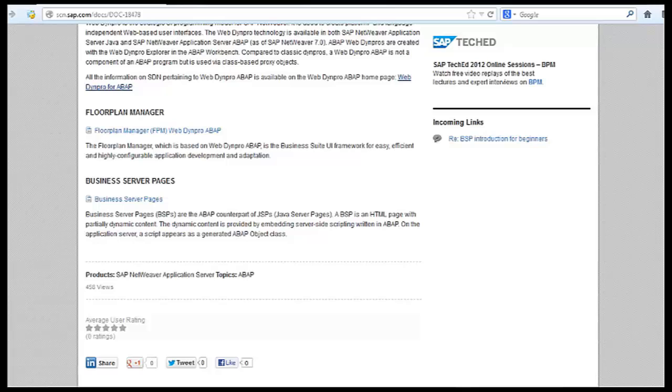Whereas when it comes to cons of BSPs, you need to understand HTML sometimes, CSS, JavaScript, and ABAP, because you can combine all these in BSPs. The development times of BSPs are generally more than the development times in WebDyn Pro. Coming to WebDyn Pro,